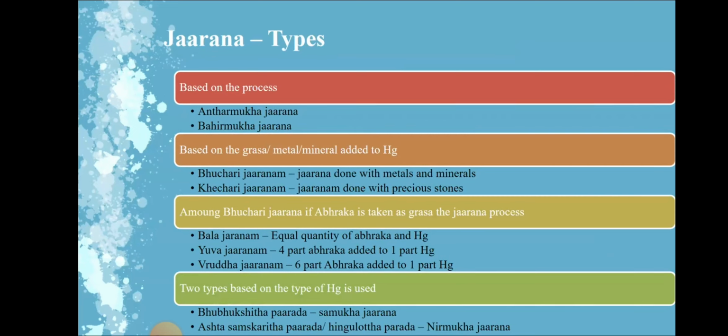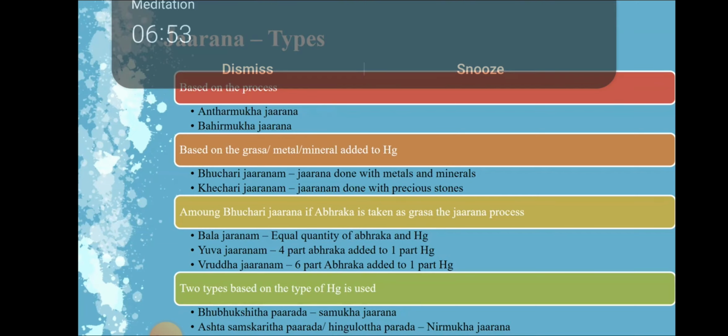Coming to the types of Jarana. Based on the process, it is Antarmukha Jarana and Bahirmukha Jarana. When the process is done in open air, that is in a Valuka Yantra, it is known as Bahirmukha Jarana. And if it is done in a Stadava Samputa, it is known as Antarmukha Jarana. Based on the grasa, metal or mineral added to the mercury, it is divided into two. That is